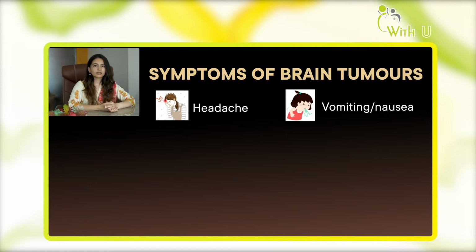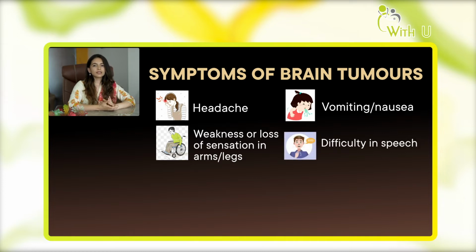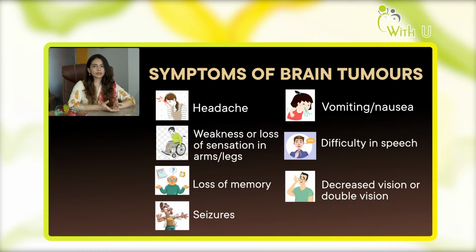Now, headache is not alarming as such, but if the headache is persistent, occurs frequently, and worsens with time, it is of more intensity with time, then it is worrisome. You should consult a doctor in that case. The other symptoms of brain tumors could be loss of balance, weakness in arms or legs, difficulty in coordination, difficulty in speaking or understanding a language, memory loss, blurred vision or double vision, etc.